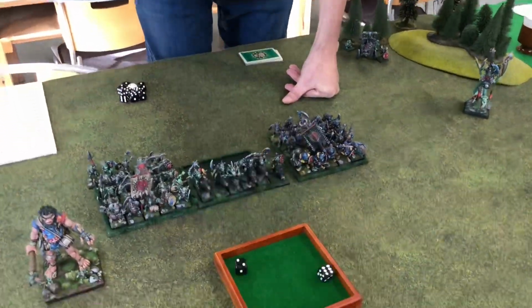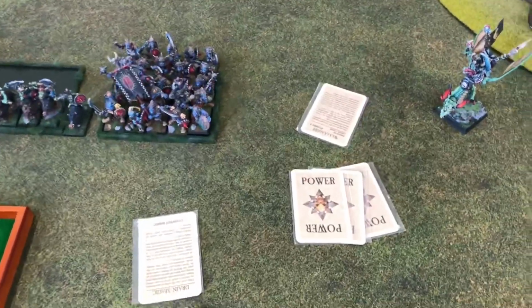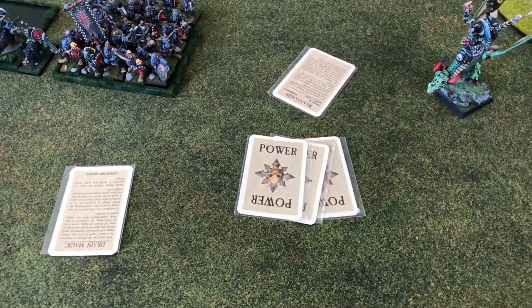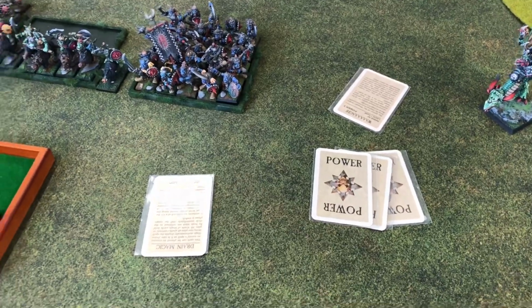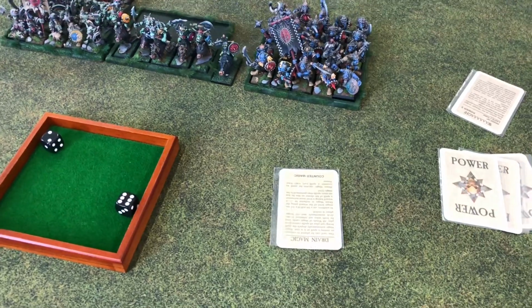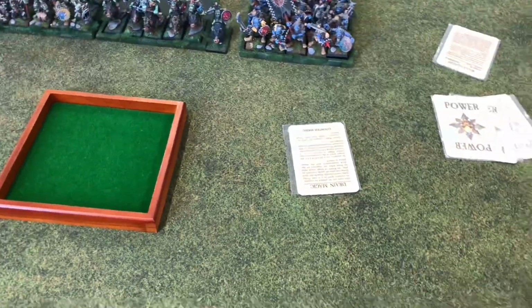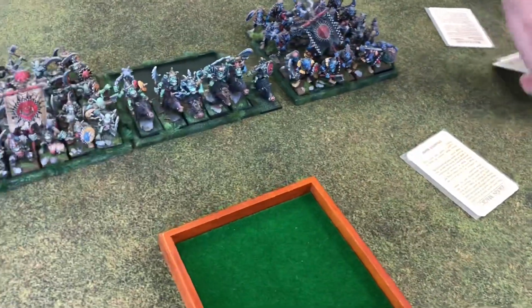Yep. 8. Sure. So Joshua played a Wah with 3 power. That's definitely something very strong. I don't really want that coming through, so I used a drain magic to dispel it. And on a 4+, it automatically dispels with a drain magic. But then on a 4+, there's an additional effect,